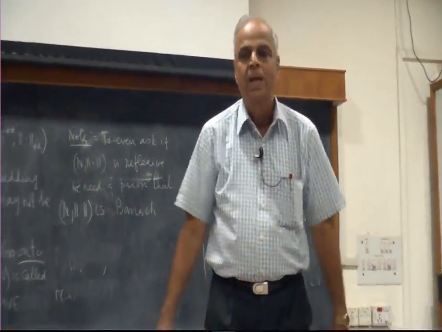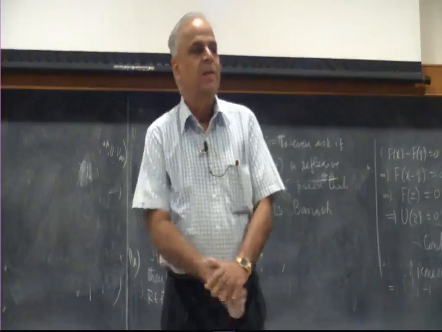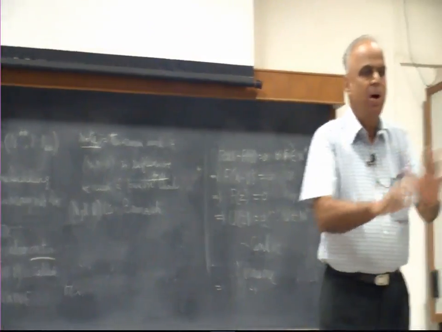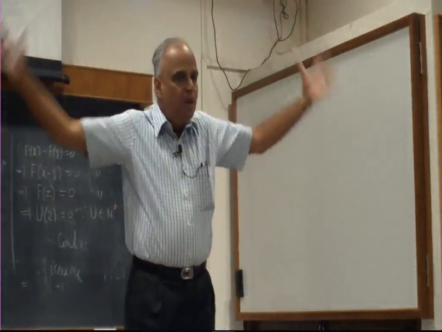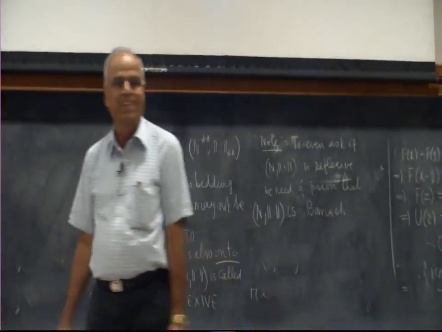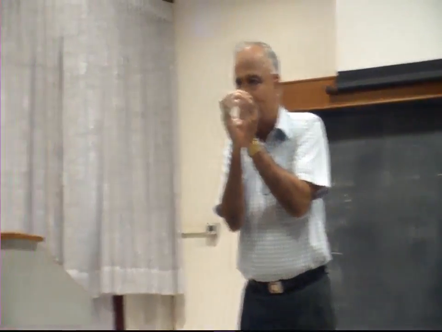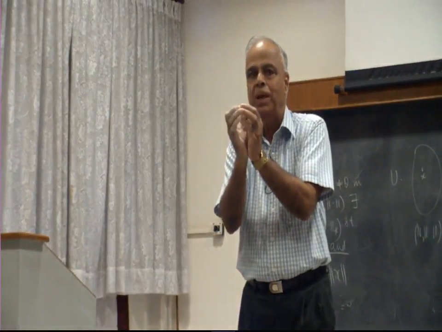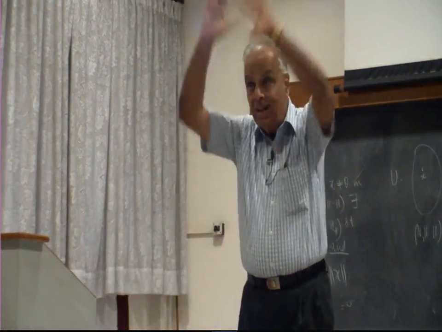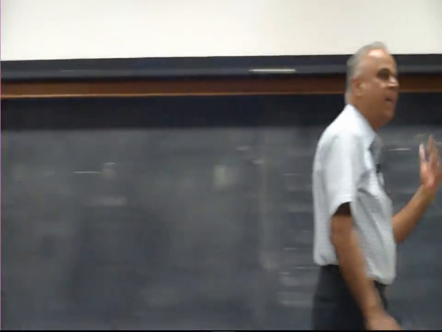Now therefore, you look at this problem as: I have given a bounded linear functional in a subspace with some bound, extend it to a bounded linear functional on the whole space with the same bound, and that's what the Hahn-Banach theorem is. Okay, so the Hahn-Banach theorem tells us, given a bounded linear functional only on a small portion, namely a subspace, get a bigger linear functional which is defined everywhere and which in the bigger space has the same norm, and the Hahn-Banach theorem says it can be done.